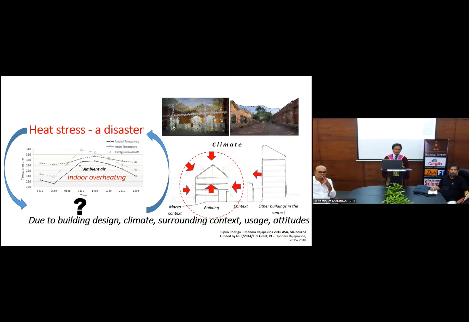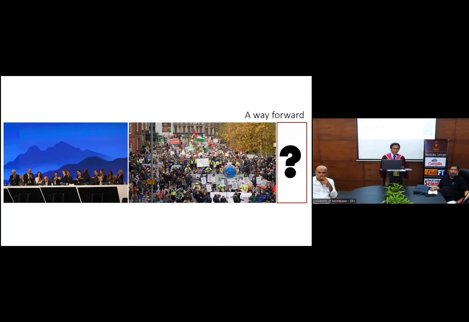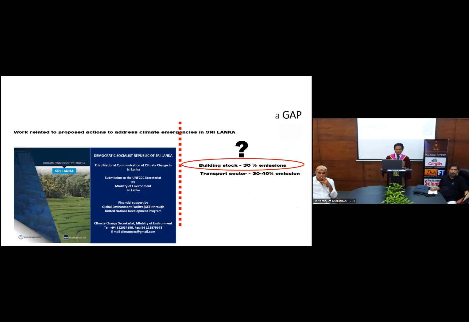It's the attitude with the professionals because if professionals design these buildings, we won't see this kind of building. So then in a context like that, we cannot ask people to go for free running buildings. So it's a problem. So we are trying to understand this problem, then we can find a solution. So what's the way forward? What's the way forward with global summits and oppositions on the ground? But I don't believe that.